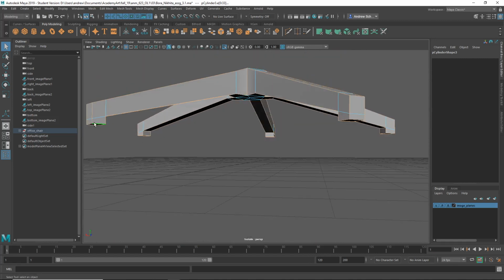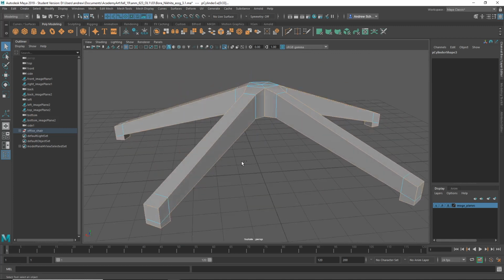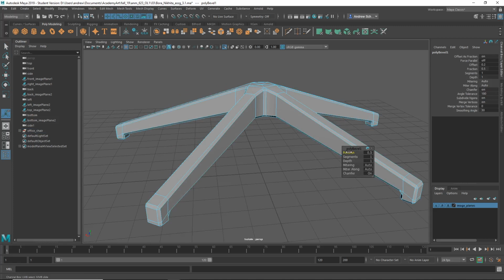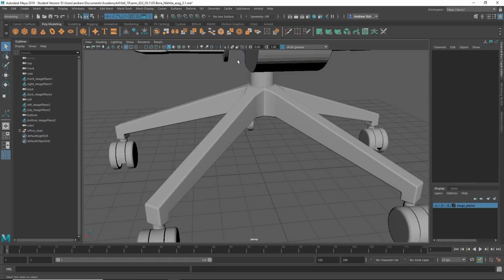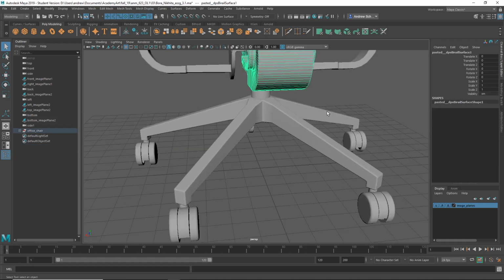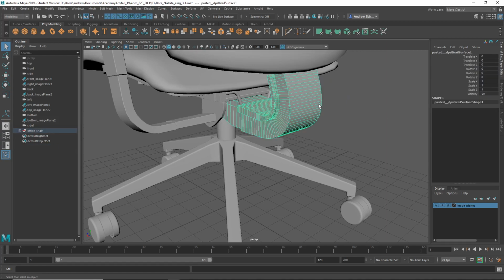And then maybe, I don't know if you want those or not. Anyway, so then Control B for bevel. Bevel's fine. Something like that. So yeah, I didn't run into those problems. You mentioned